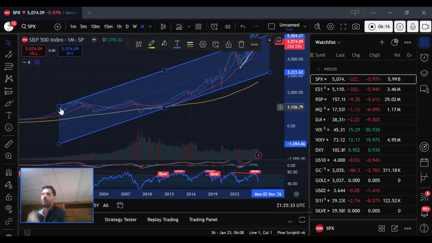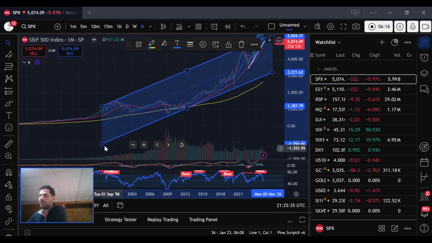If I was to start at '97 or '98, you see how the chart here was at the upper end of the parallel, riding the top of this parallel channel in 2000, and then it sold off to the middle of the channel in '02, and then we went sideways, kind of up,